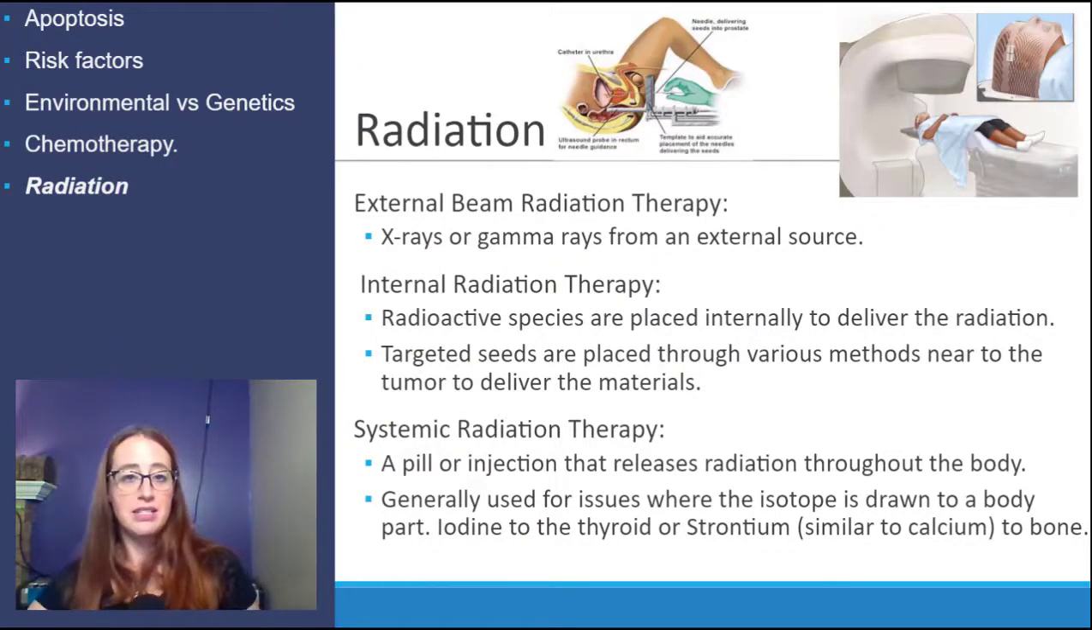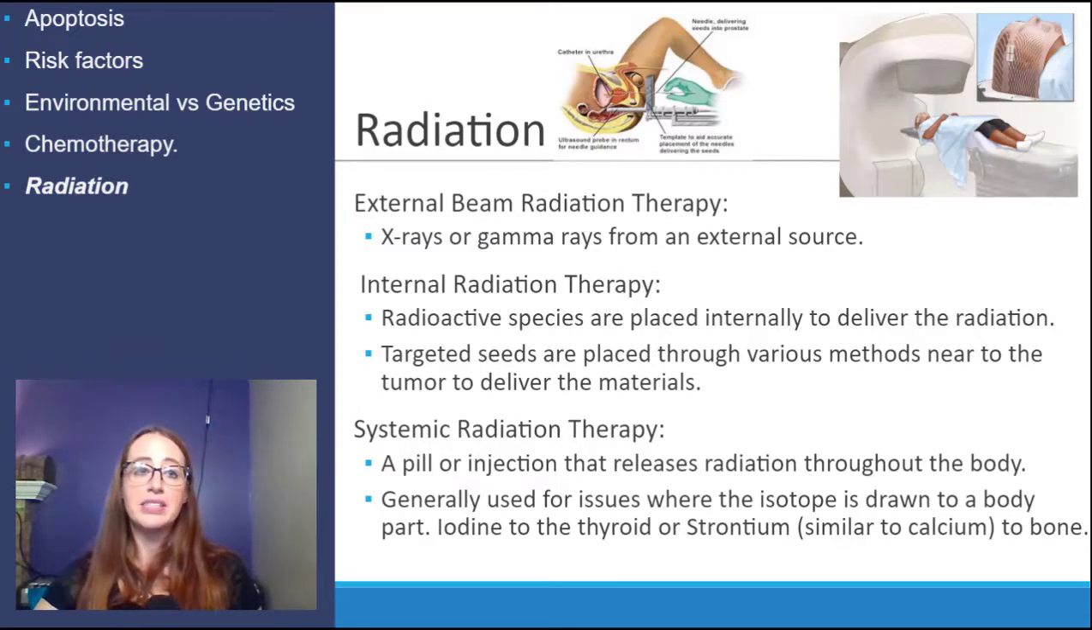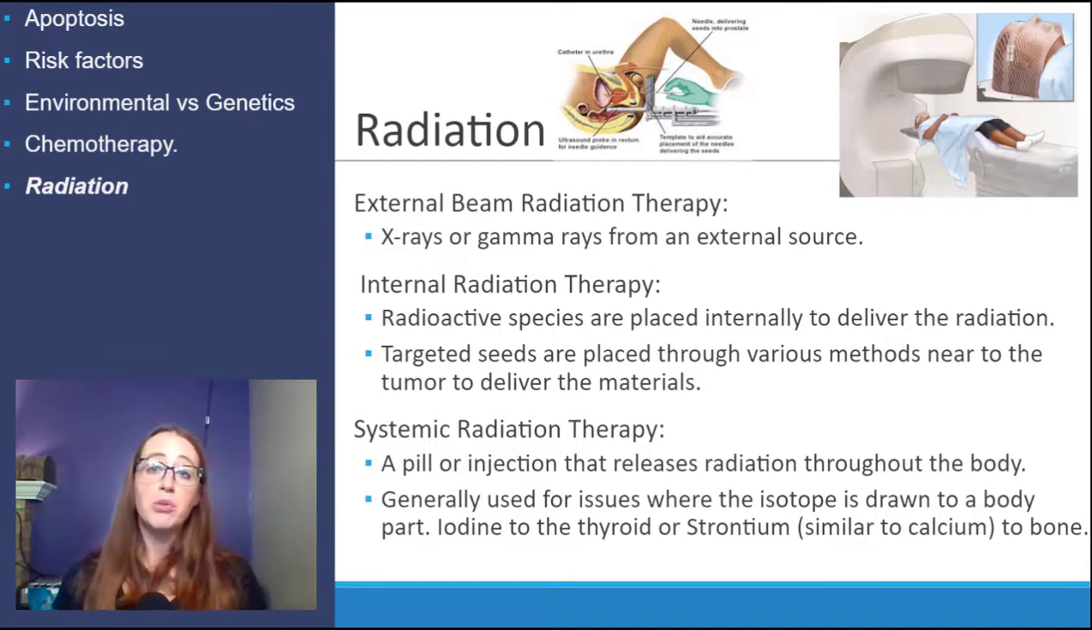I don't have a lot to say on radiation that your readings didn't already say, just that this is, of course, ideally as targeted as possible. Sometimes that targeting is done via very careful beam aiming, and you'll see they have nettings that actually hold the head in a very particular position to make sure that they're getting exactly the right area and only that area. Sometimes they do it through precise radioactive seed placement,